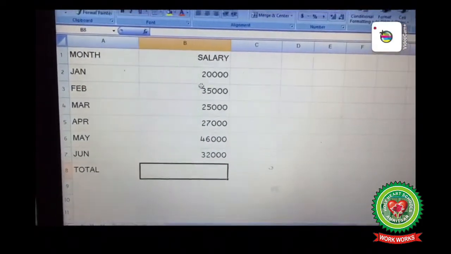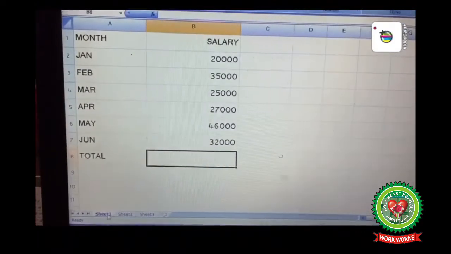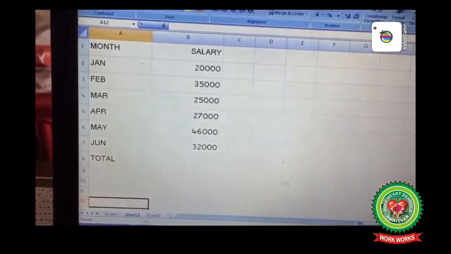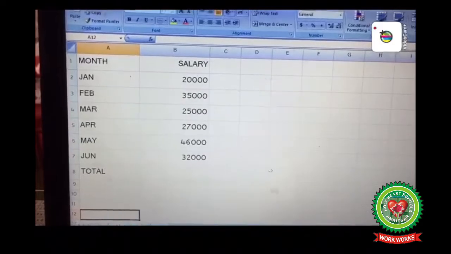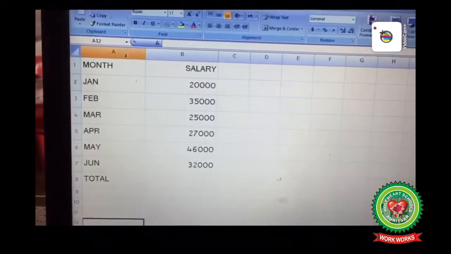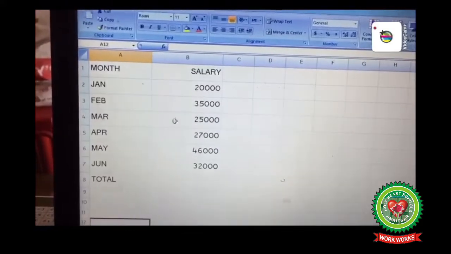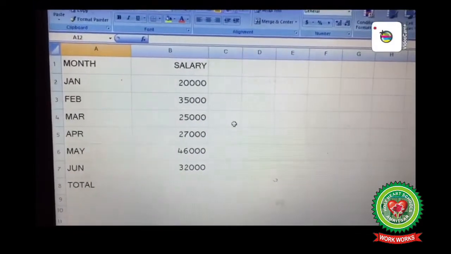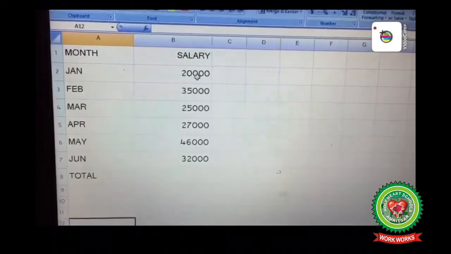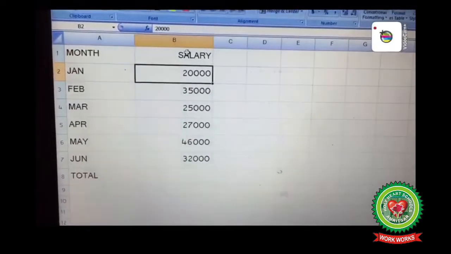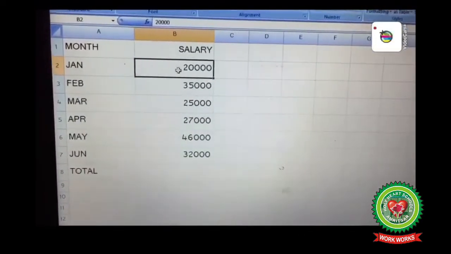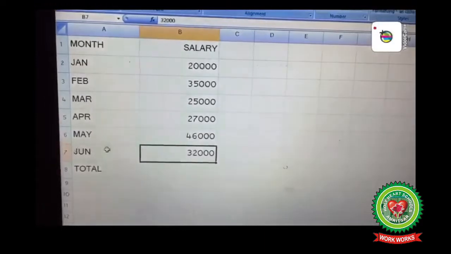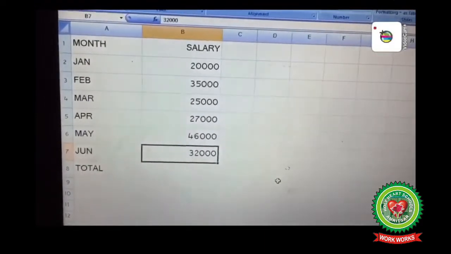Now in MS Excel, you see I have typed some data in sheet 1 and sheet 2 also. By default we have 3 sheets here. We can add or delete sheets according to our requirement. Here you see there is A, B, C, D. These are the columns, and 1, 2, 3, 4 are the rows that we use in the formula. Like we use the formula equals to SUM, range B2, where B is the column name and 2 is the row number, up to B7, where again B is the column name and 7 is the row number. Then press enter and we will get the result.